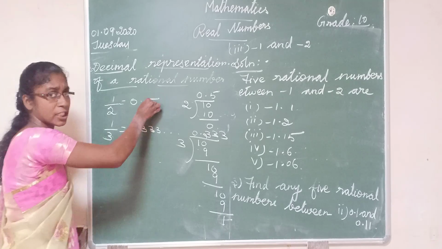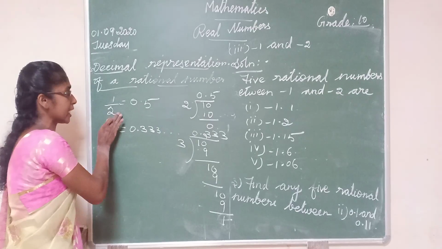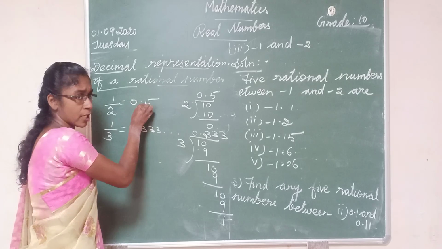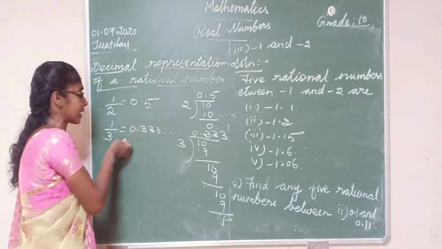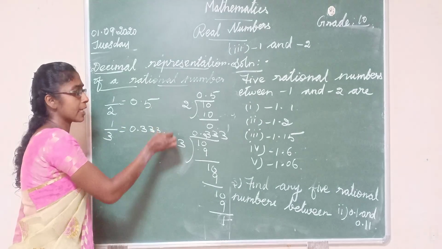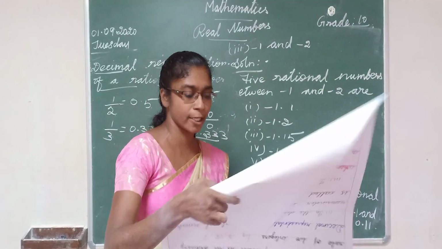Here it has an end point. The remainder is getting 0. Therefore it is a terminating decimal expansion. This 1 by 2 has a terminating decimal expansion. 1 by 3 has a non-terminating and recurring decimal expansion. Have you all understood this? Next,